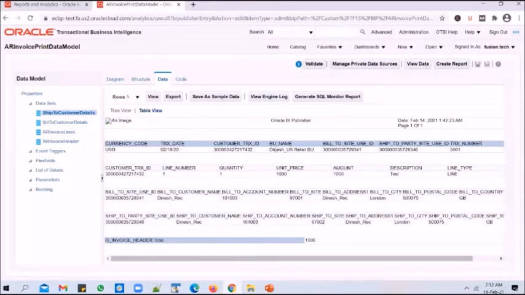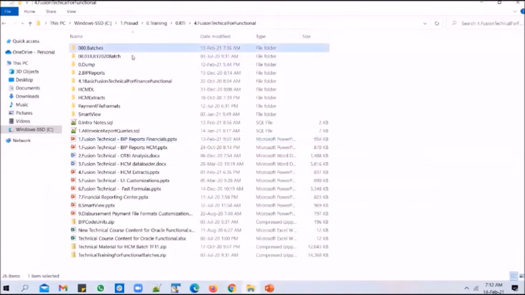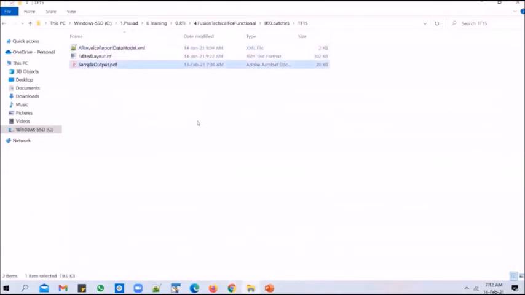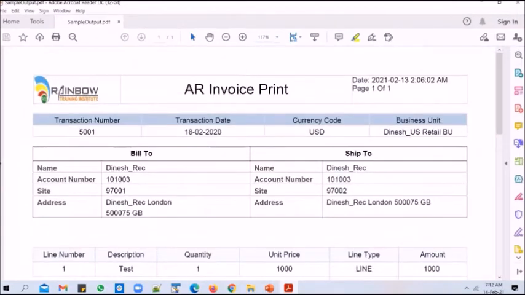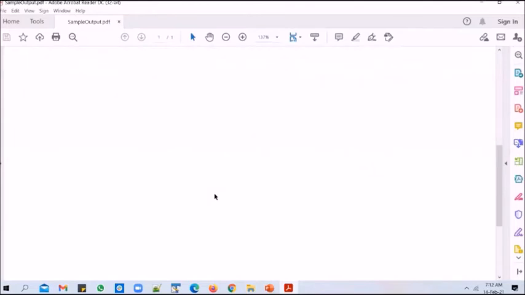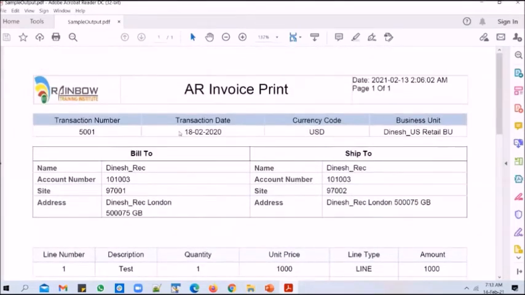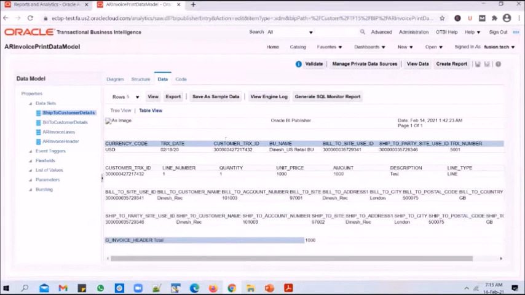The first one is pulling the invoice details. The second one is pulling the invoice line details. The third one is pulling the bill to customer details along with the address. The fourth one is pulling the ship to address details. So we have the information that we need for our report, right? A client has given me a sample output, and he told me that the output of the report should look like this. I have built this data model, and let's see how the output will look.